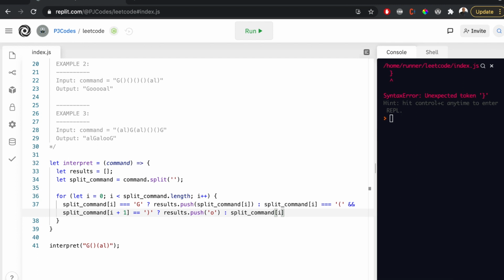We're going to check if split command equals open parentheses, and split command of I plus 1 again. We're going to check the next element again, not equal to a close parentheses. Okay, so we're just checking that. If we encounter an open parentheses, but right after that we don't have a close parentheses, then what